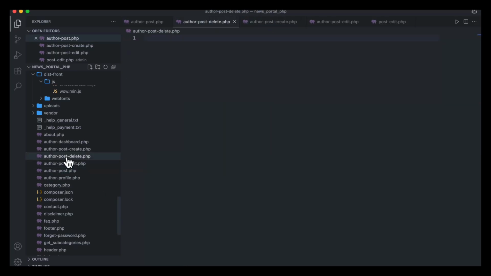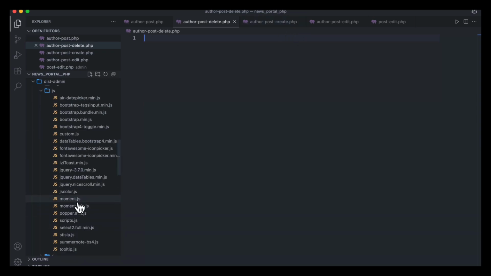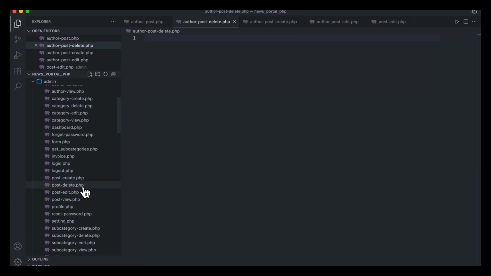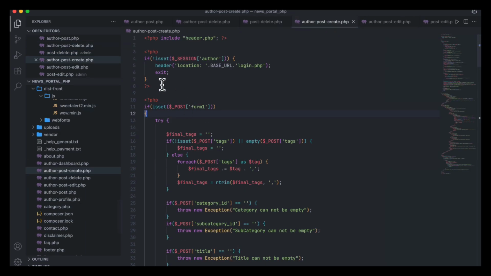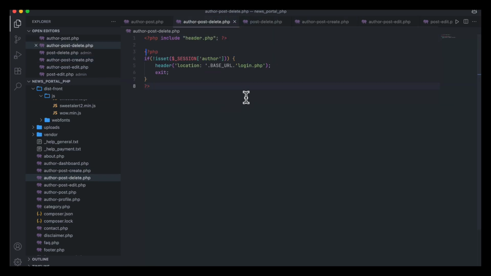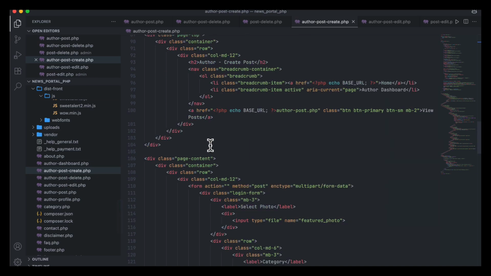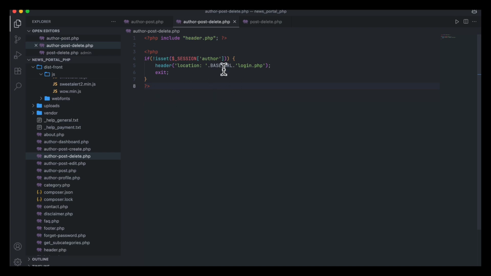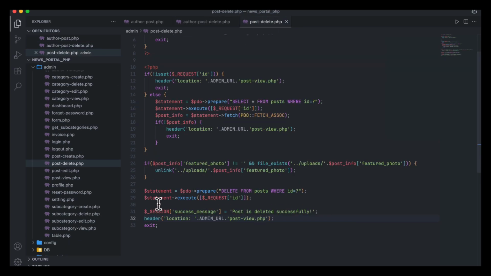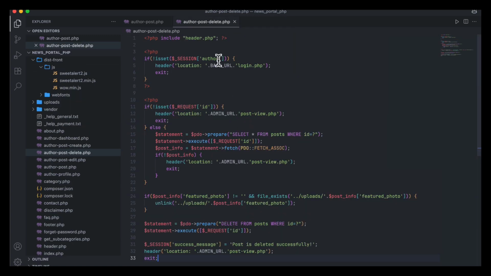So author post delete, I am going to open it, and here you will see that the post delete was where I am going to admin panel, and there is the post delete. So I go here, and from the author post section here I call the top like this will be the author post delete, and the bottom one, that means the other things are not a problem, so I delete everything. Okay, so these are the top section, it is important, and in the case of delete, this is the bottom section. So just copy this, and after this paste it, and instead of admin URL, all will be base URL,